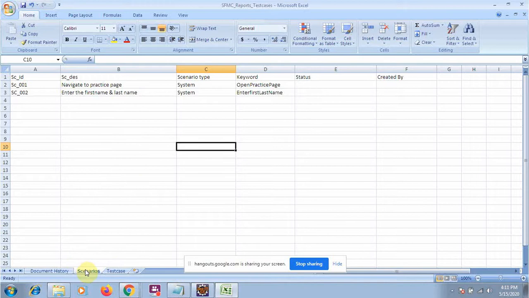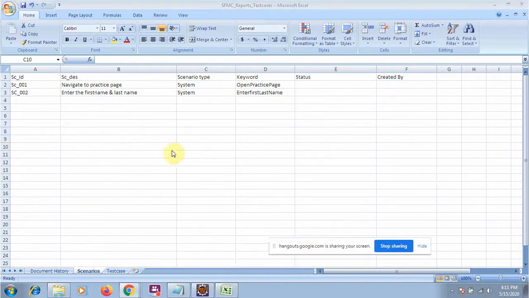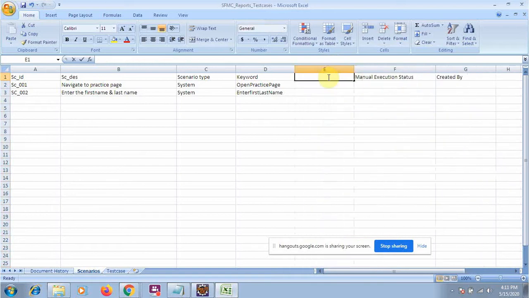Now let's see it very carefully. What will this scenario page do, what will your script do? Basically it is just integrating the manual testing with the automation testing. So here one more column for the manual execution status, and then we have one more column like automation execution status.